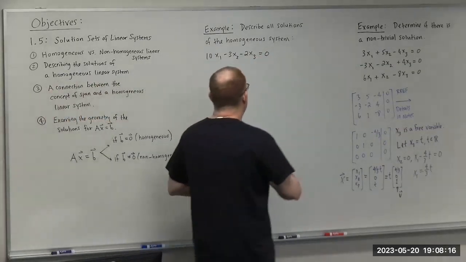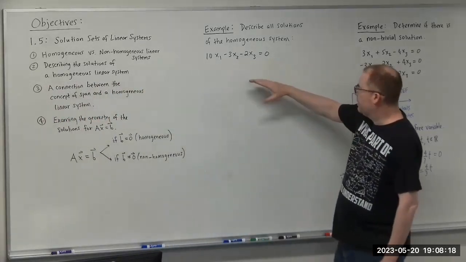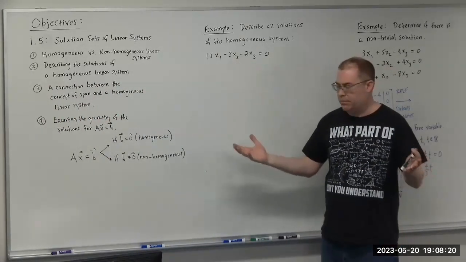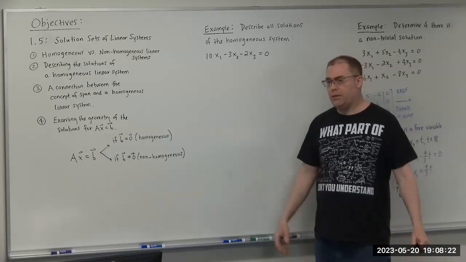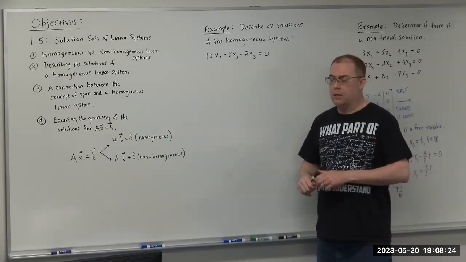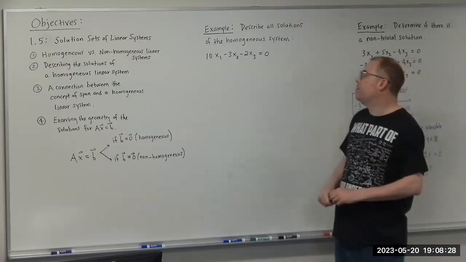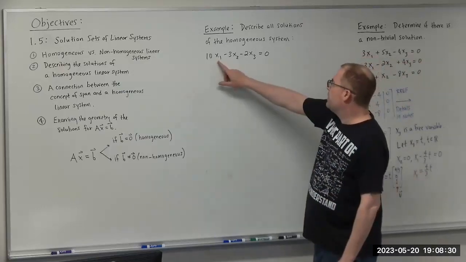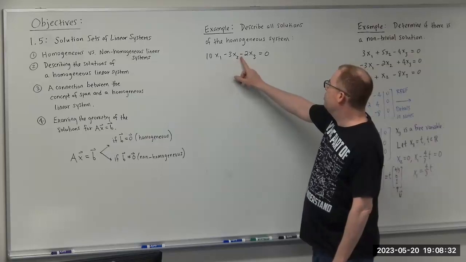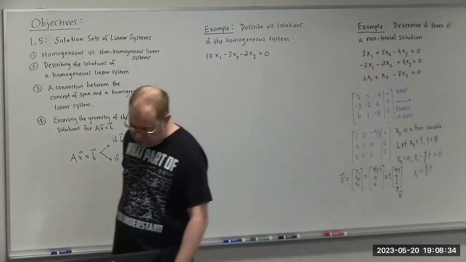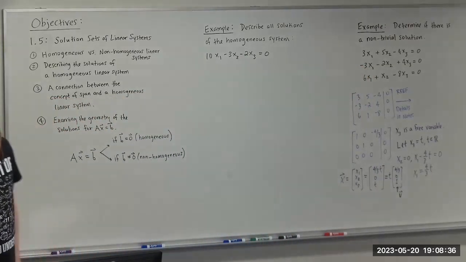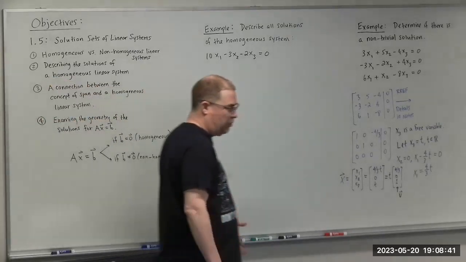We basically have one equation, but this is still by definition a system. A system can be one equation or it could be more. So we have 10 times x1 minus 3 times x2 minus 2 times x3 equals 0. The first thing we should do is to